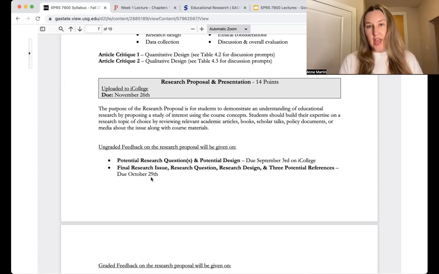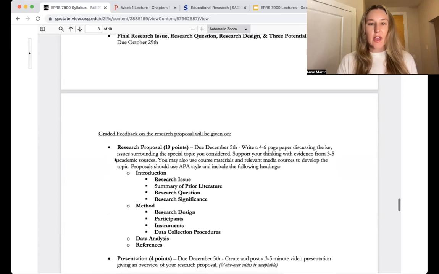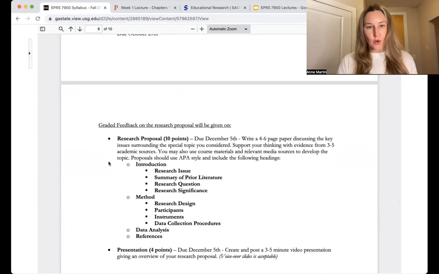And then at the end of October, you will give your final research question, talk a little bit about your research design, and 3 potential references. So there are 2 ungraded check-ins to make sure you're on the right track. Final proposal, you will receive graded feedback on the following items. And in iCollege, there's a template, there's a sample, and a lot of resources